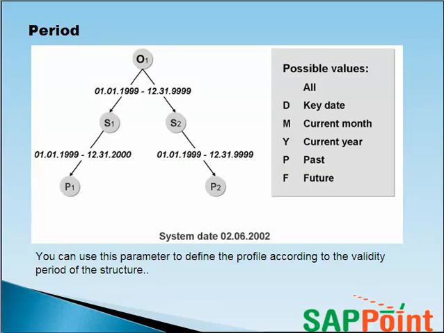Another field that you have in the structural profile is the period. In the period field, you define how the responsibility of the structural authorization is checked. So for example, you can say whether the user has to be authorized for exactly a particular key date or only for the year in which he or she accesses the data. So you can use this parameter, the period field.